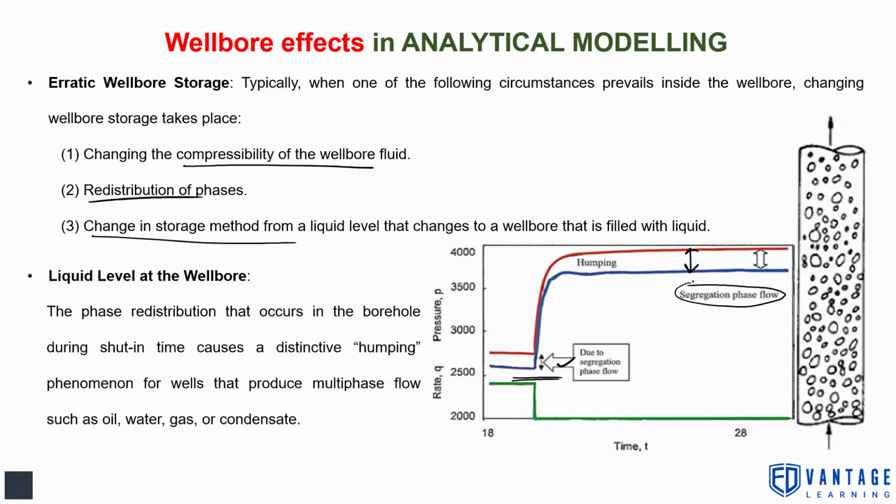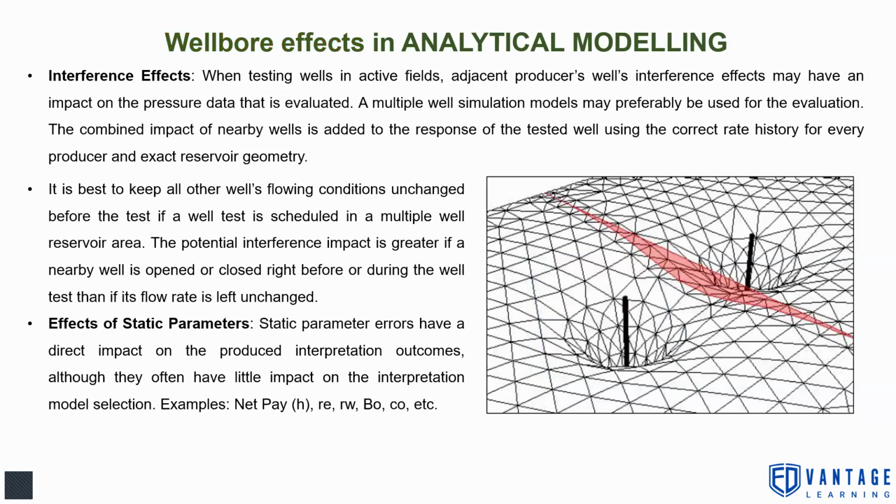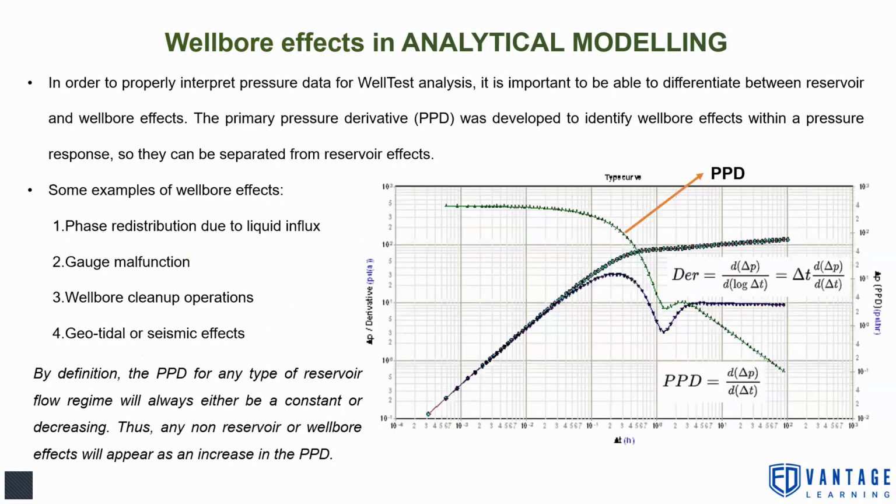This phase segregation is not actually happening in the reservoir. It is in the wellbore because of pressure discontinuity from bottom to surface. So this can give us erratic values of the parameters that we are going to estimate from PTA. That is quite important. To reduce the chance of uncertainty, we have a separate tool called PPD, the primary pressure